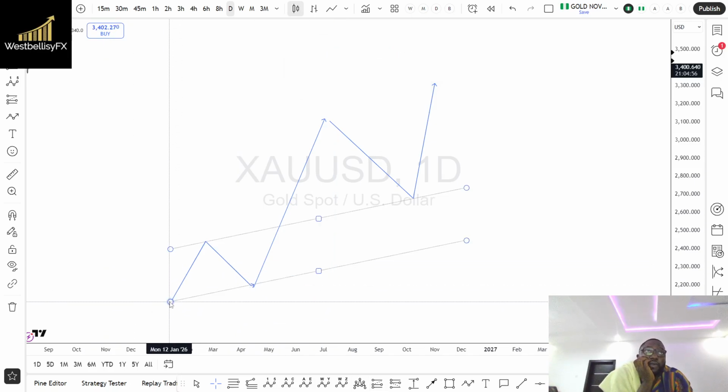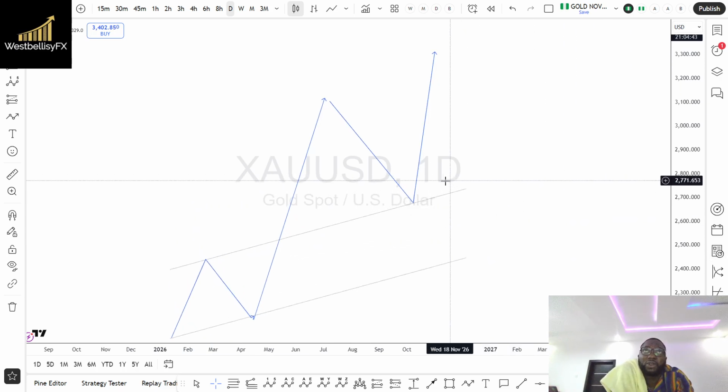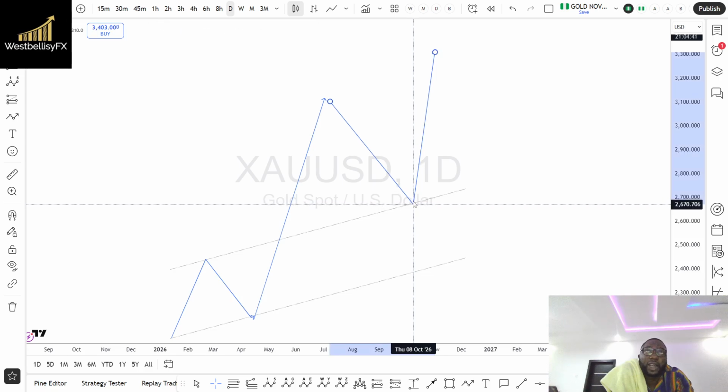The starting point of wave 1 is this. Where does wave 2 end? Here. Wave 3 is not the shortest. Likewise, wave 4 did not overlap wave 1. All these need to be in place. So let's assume that in your parallel channel, the reversal of the price came downward to